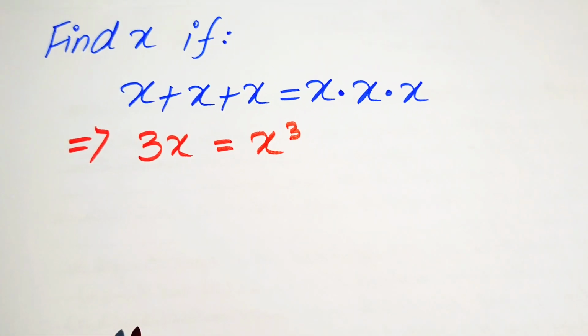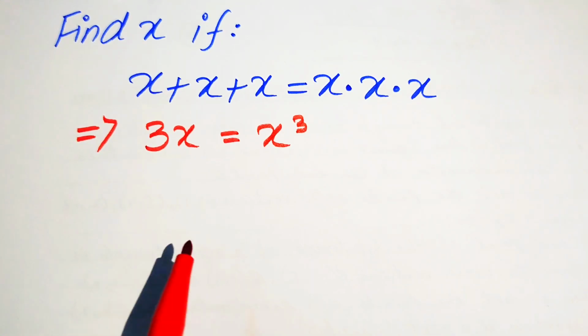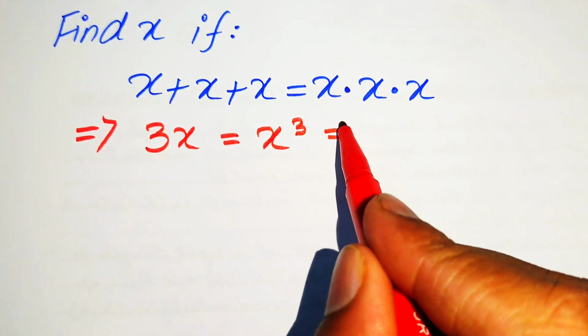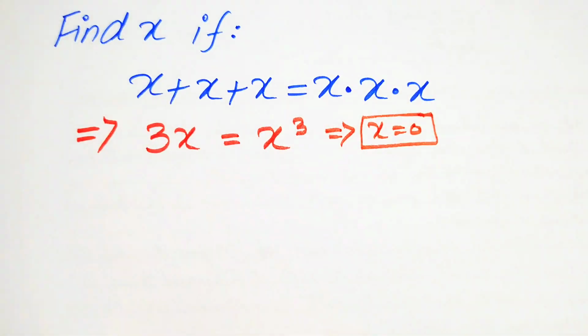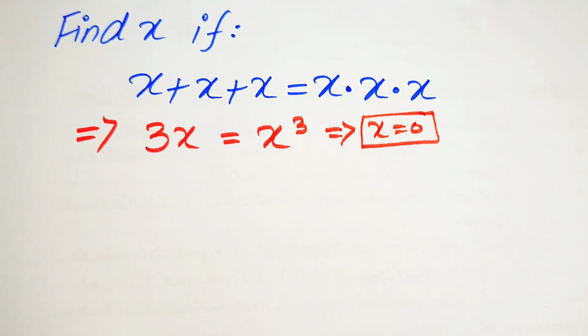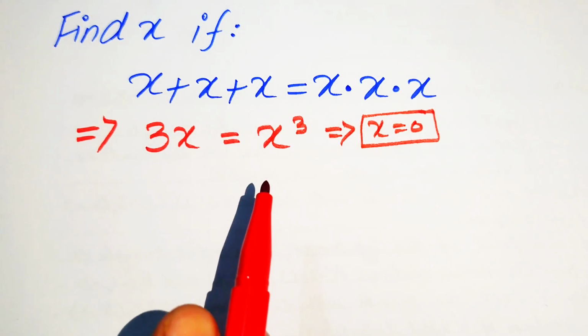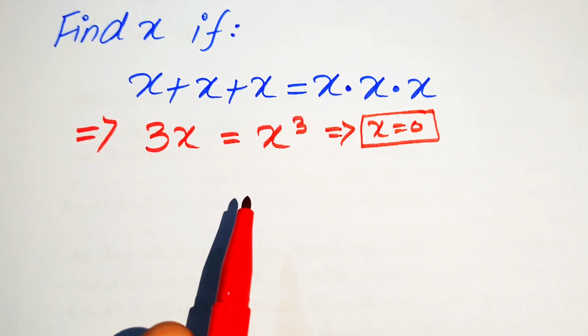Okay, so if you find the solution of this problem by assumption, then you directly substitute x equals 0. This implies that x equals 0 is one solution of this problem. But now we need to find the other solutions, because the degree of this equation is 3. It means that this equation has 3 roots, and now we find all the other roots of this